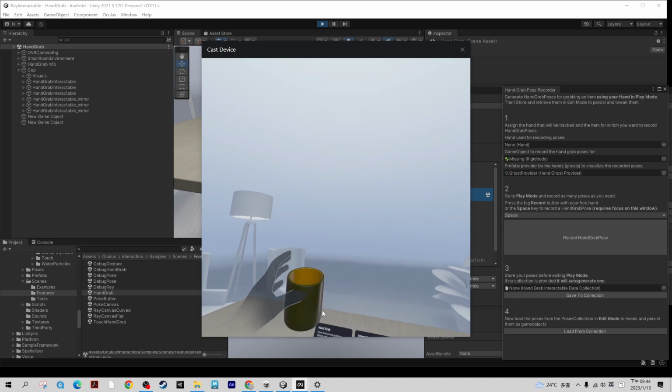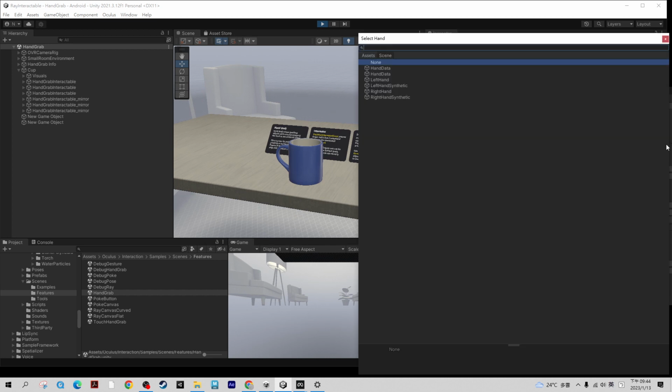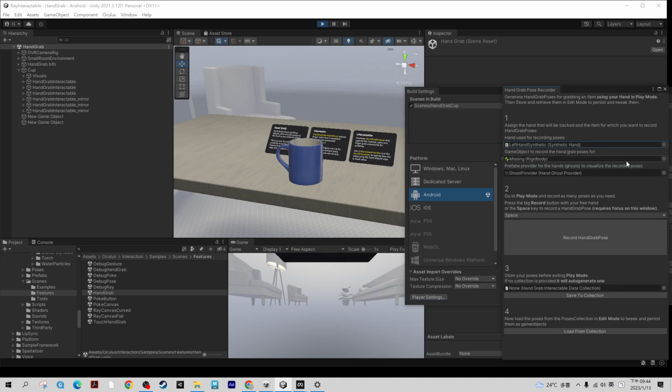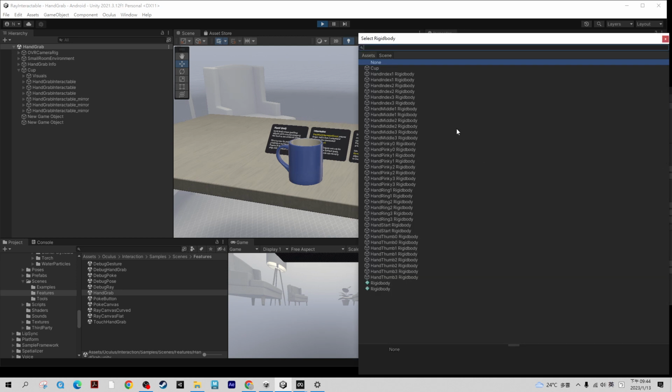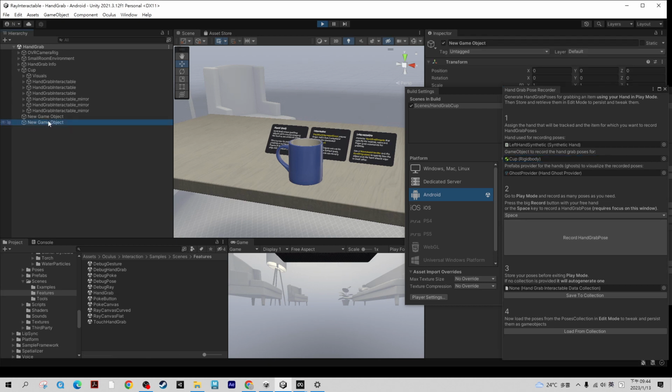Okay, if I would like to record a hand pose, a specific pose, first I need to decide what is my hand to record, synthetic hand or right hand. This is a left synthetic hand I select, and what is the rigid body? Cup. Okay, cup is my rigid body. If I select this one, a new game object is generated. If I record here, a new object is generated, and we have to rename it later. Pose for